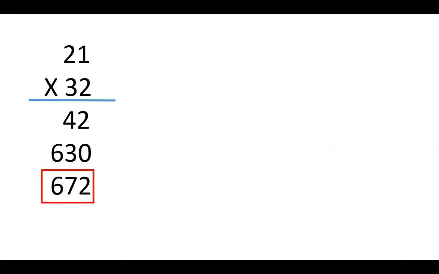So these are two digit numbers. So step one is to multiply 2 with all the numbers. So 2 is multiplied with 1, you get 2. Then 2 is multiplied with 2, you get 4. So you get 42. Then when you multiply by 3, you put 0 here. Then 3 into 1 is 3, 3 into 2 is 6. Now you add these numbers. Now this is the simple multiplication.